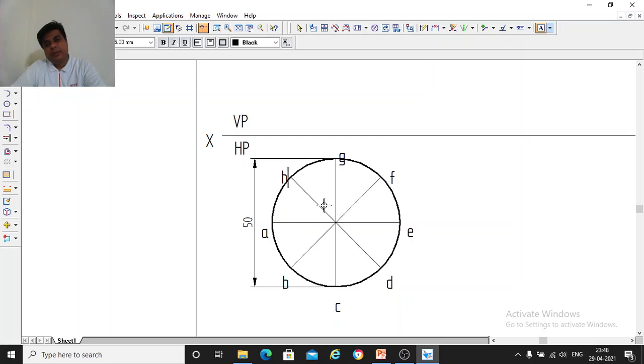You can make many parts. Minimum you have to make 8 parts, because you will be joining these points to get the smooth curve in the next top view or front view. So now once you draw these, write these points A, B, C, D, E, and write them neatly near the points. Since this is the top view, you write only in alphabets.